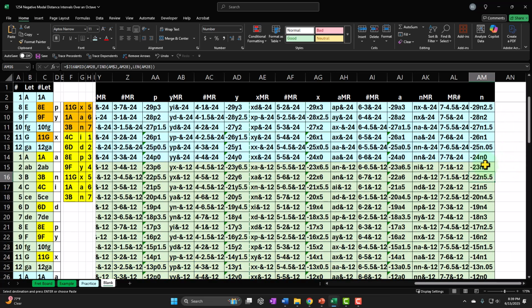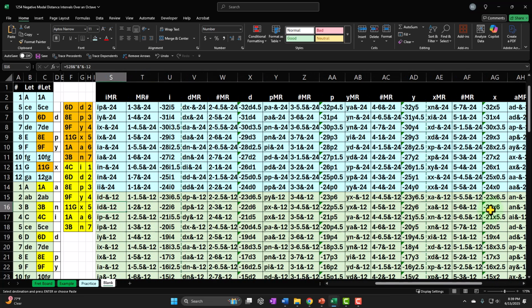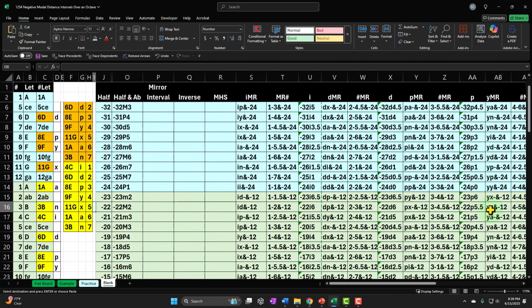Like if you understood the logic behind this, you can actually understand the logic behind what I'm going to be calling now. I'm trying to get my marketing down. I'm going to be calling this the modal. You can understand the logic of a modal distance interval versus there's huge gaps in the logic that people kind of find workarounds around when you're dealing with a scale degree interval, right? The modal range and the modal distance intervals